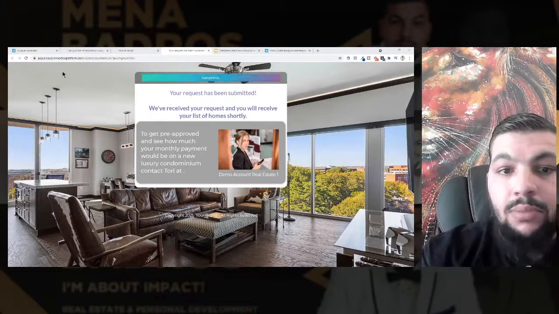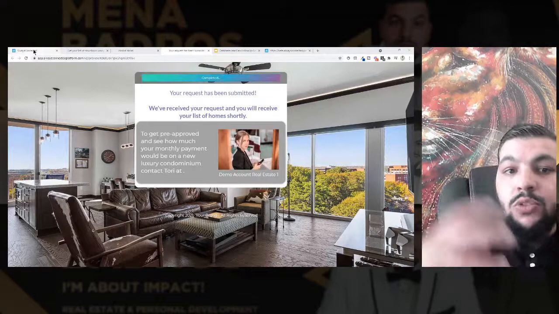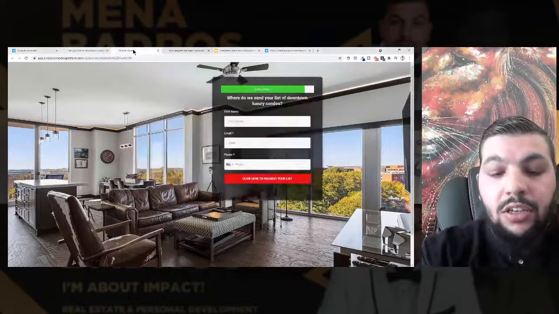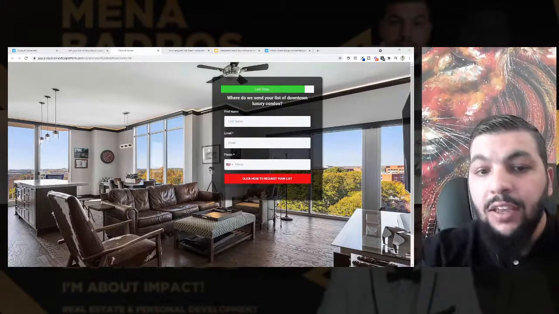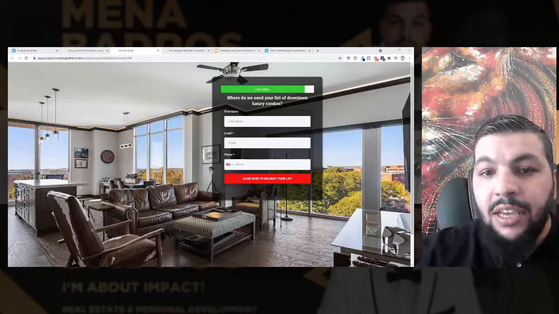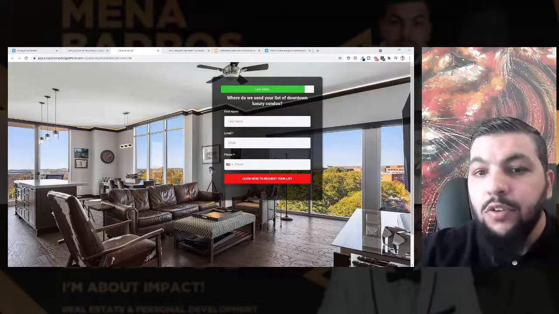All right, now let me show you. So that's the front end. That's what the customer sees. So what you want to do is be able to capture the contact information through a form like this or through a survey. You have to have something, it's called a lead magnet, basically something that would cause people to click. Why would people want to give you their information?